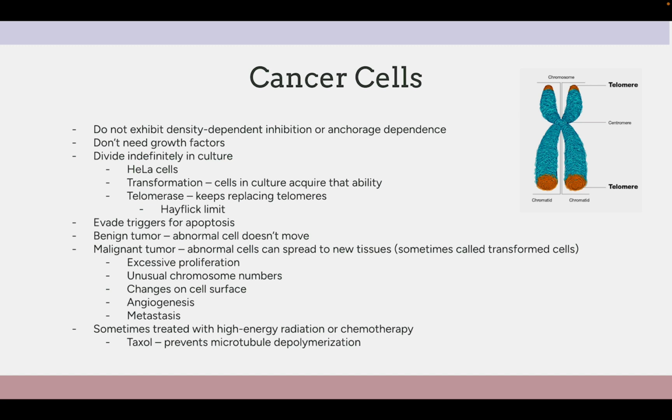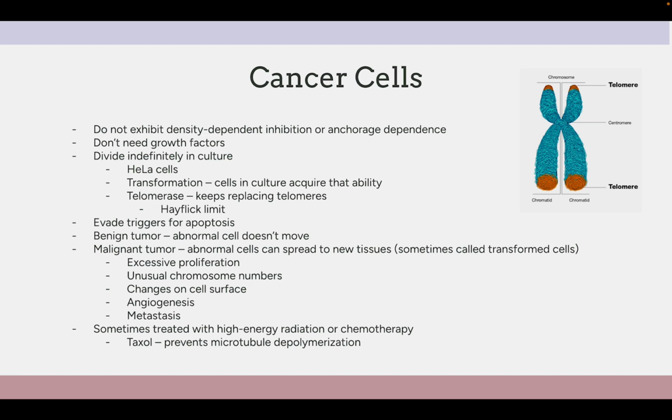So those telomeres are there to cushion it, so you're not losing too much DNA that's useful. Normal cells, I think after they divide about 50 times or so, just stop dividing, and we call this the Hayflick limit. That's a safety mechanism. But cancer cells have telomerase that just keeps on generating those telomeres,